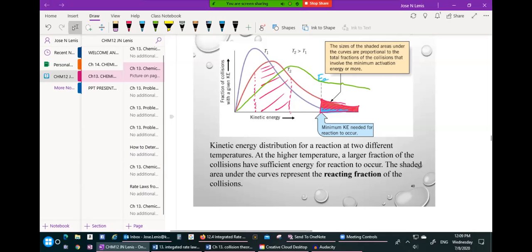As you increase temperature, now you have more molecules reaching that minimum energy needed, the activation energy. Probably not all molecules have reached that, but you have a big portion of molecules now having effective collisions because they have enough activation energy,